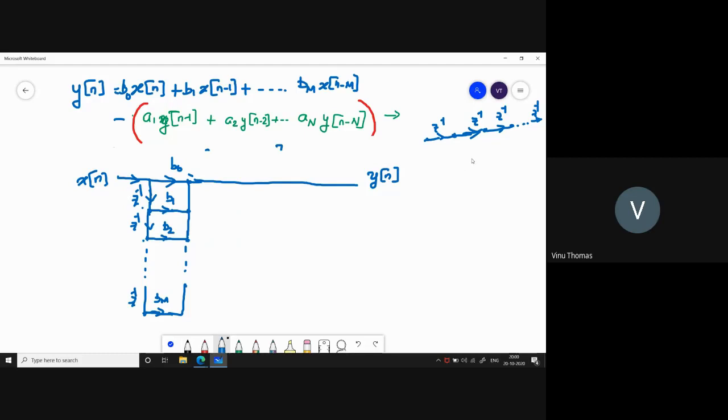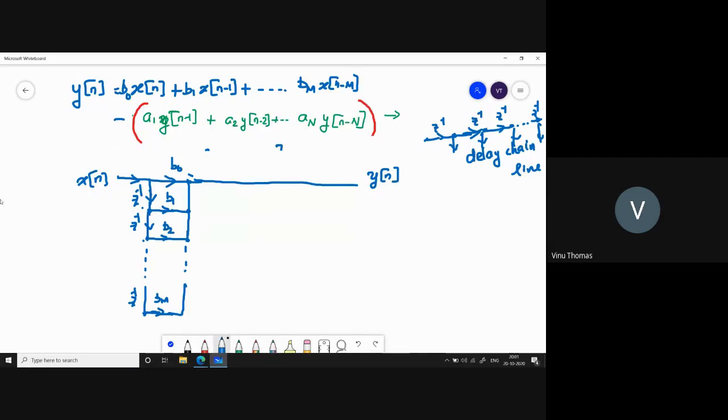What is the name for this structure? No, you call it a delay chain. Since you have a chain of delay elements, you call it a delay chain or a delay line. And you have seen that for the transversal delay line, or the tapped delay line, you take taps from the delay line and you sum these. So in fact, whatever you have implemented is your FIR filter part.